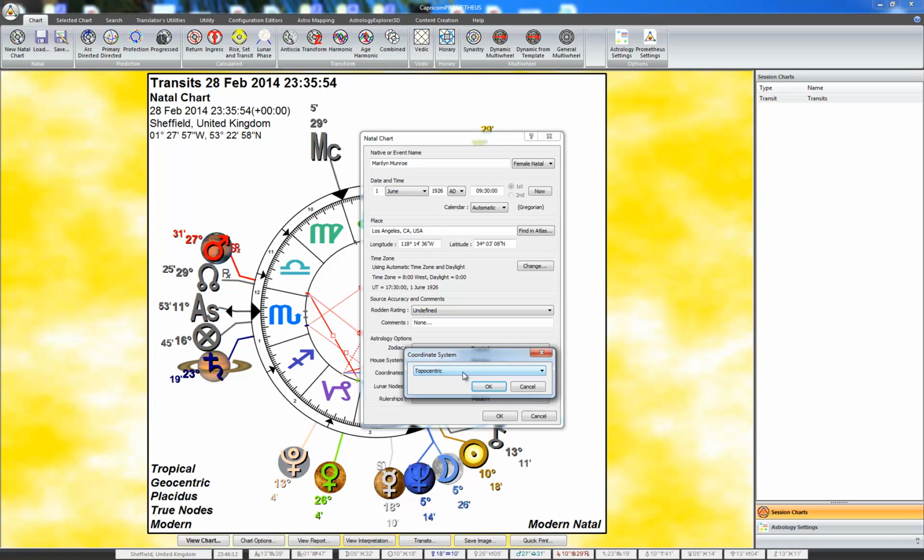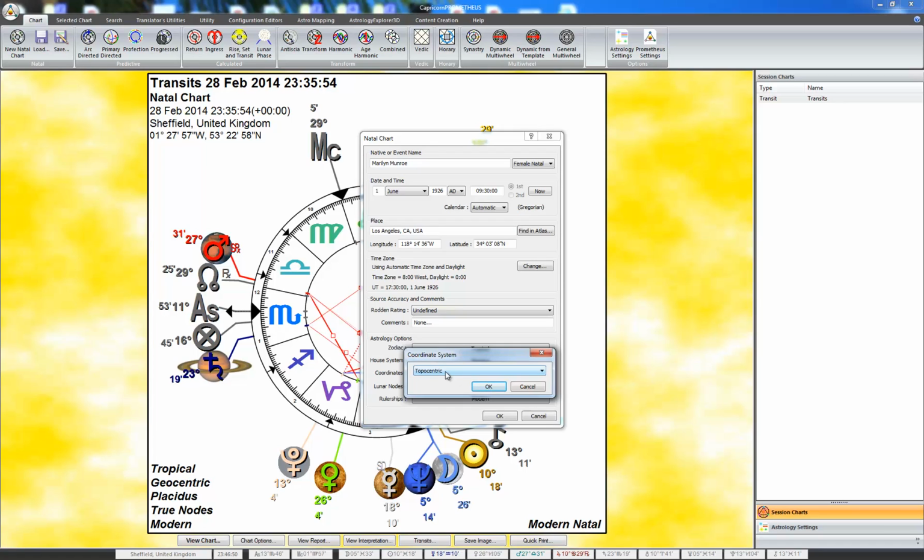Topocentric means that the observer is actually placed on the Earth itself, on the surface of the Earth, at the observer's coordinates, rather than at the center of the Earth. And in other astrological programs, if you use them, there's usually settings such as apply parallax correction to the moon, and that does the same thing as the topocentric coordinate system in Prometheus does, but it's a more globally applied system, so it applies to every planet, and some of the other